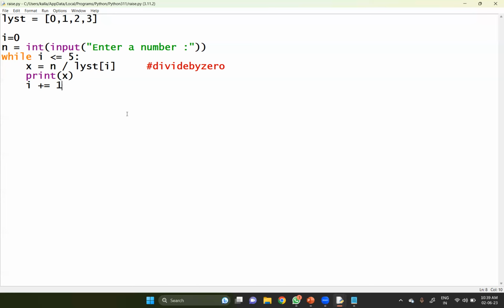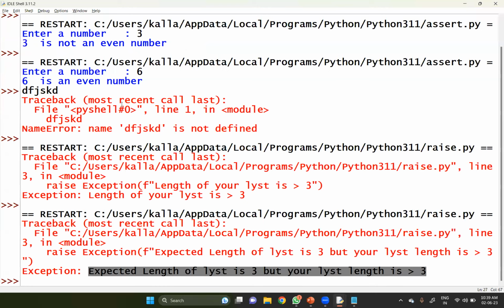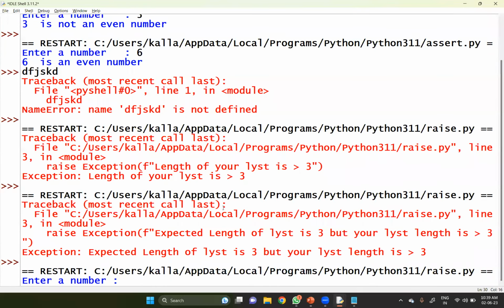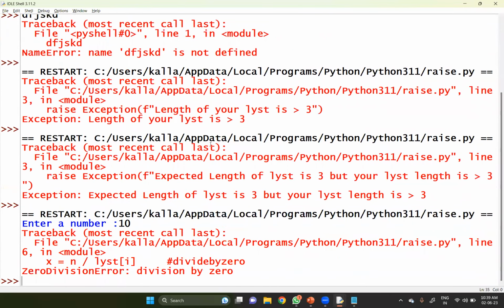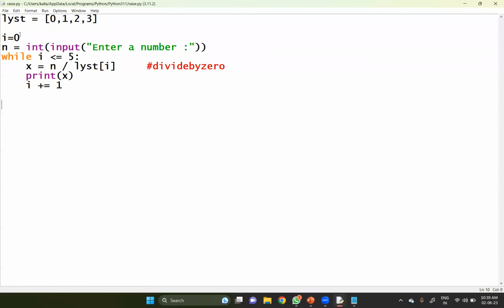There are two different types of possibilities. Let me execute this one for a while so you can understand what exactly happens. Let me take the number as 10, for example. Look at this, this particular thing causes a zero division error. Now, how could I specify it? A traceback error is produced by the program, and the end user may immediately be worried that some error has occurred. To handle that, we'd like to place everything